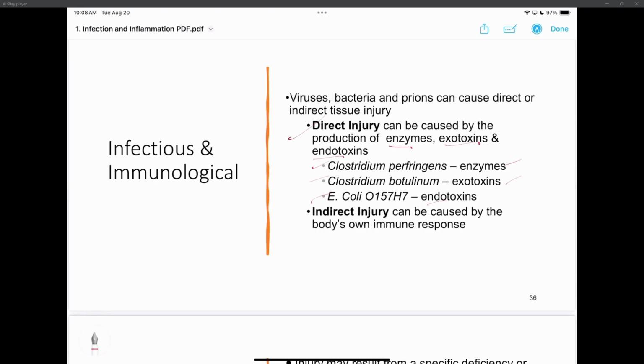I'm not going to ask you for these things on my exam, but you will probably have it with Professor Stewart in micro because that's right in micro's wheelhouse. The indirect injury is what your body's immune response is. How does your body react when you have one of these issues? And that indirect injury can cause problems as well. Not directly caused, but the process of our body recovering from these things can cause some injuries as well.